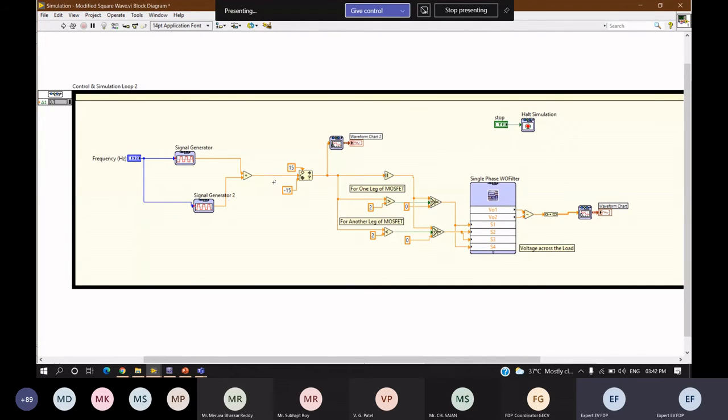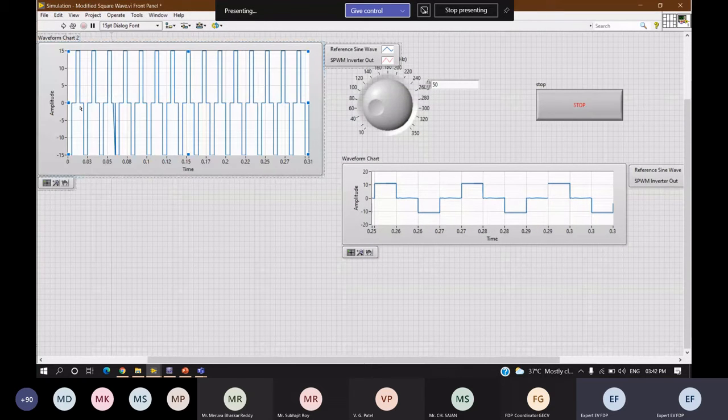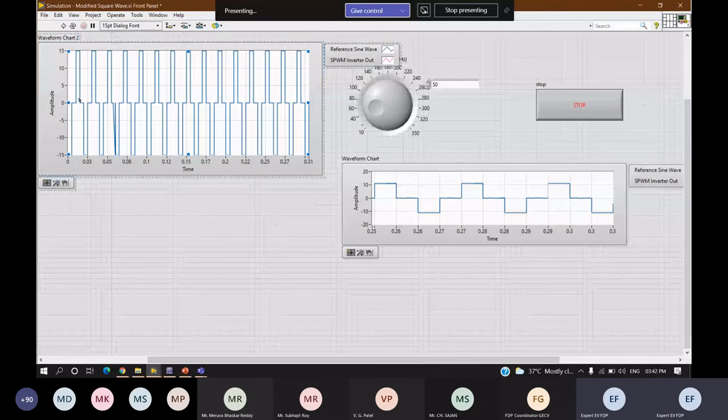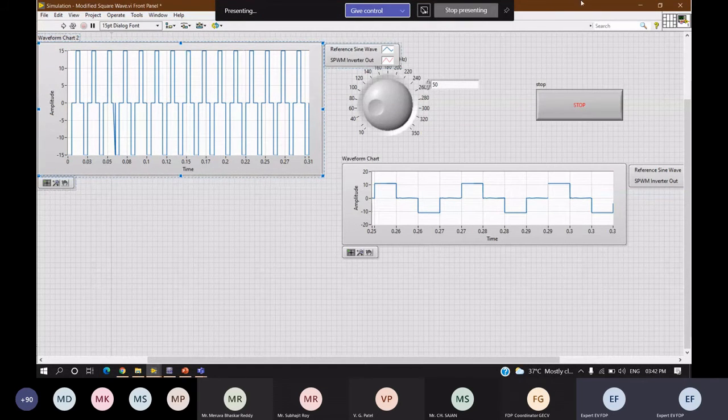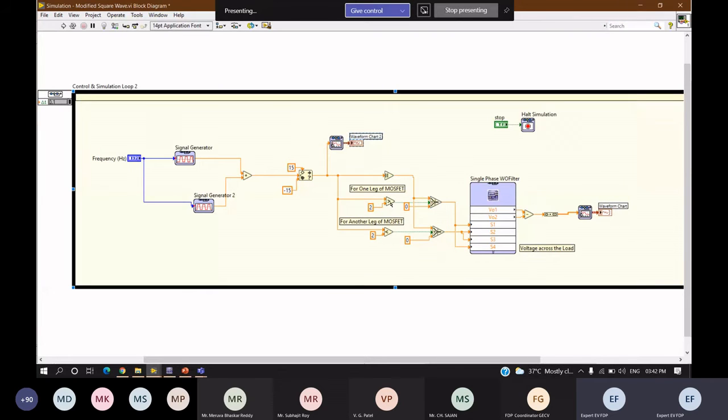The next important thing is the control strategy, which means we have to turn on a single leg pair at a particular instance. Only the single leg pair. To do that, here we are using the control strategy, which means whenever the reference signal value is greater than 2, we are providing this signal as the trigger value.